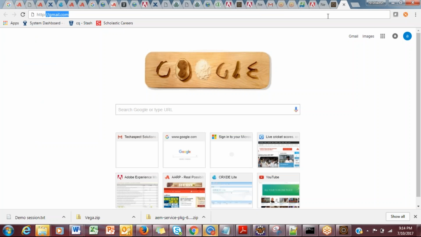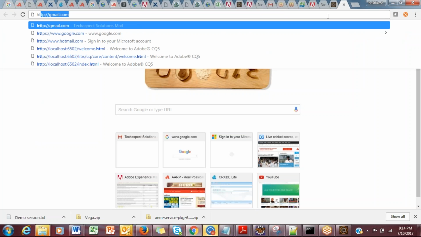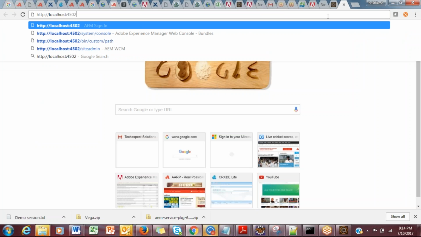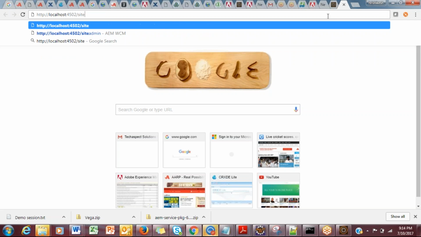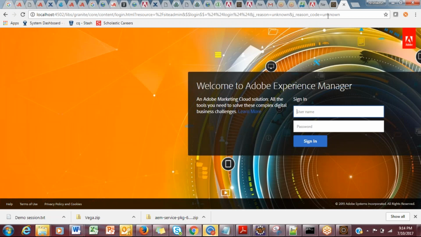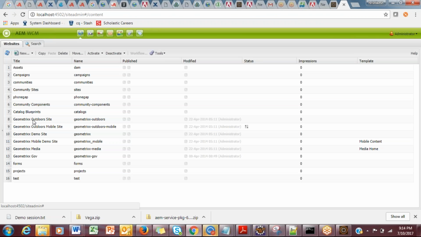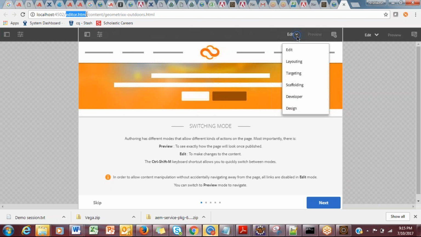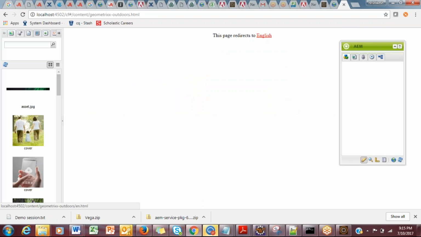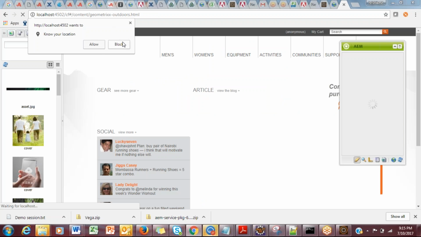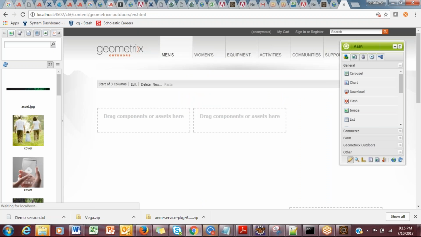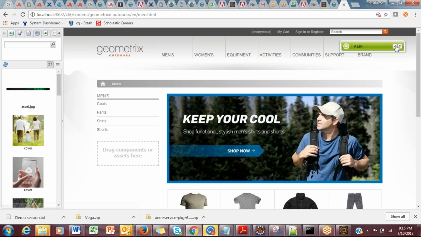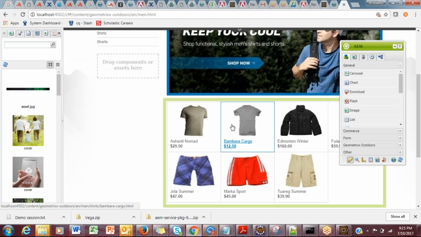There's something seriously wrong with the server. I go to the men's section and I'm interested in purchasing this shirt.